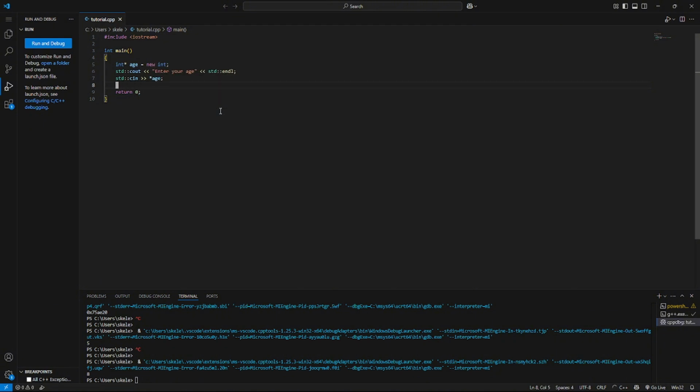Then we're going to do if age is less than, okay, that'll work. If age is less than that, you can't enter the site or something else. And else, if the age is that, then you can enter the site. Now, this will be good, but then after you enter the site,